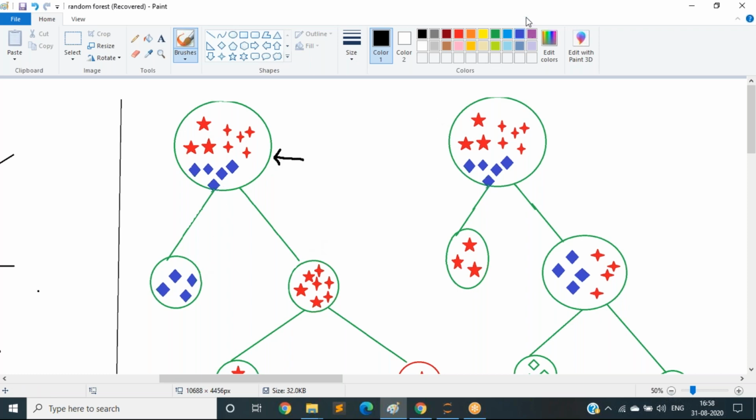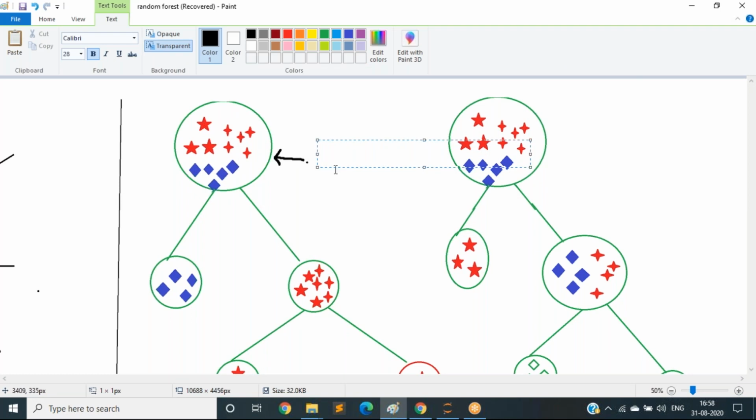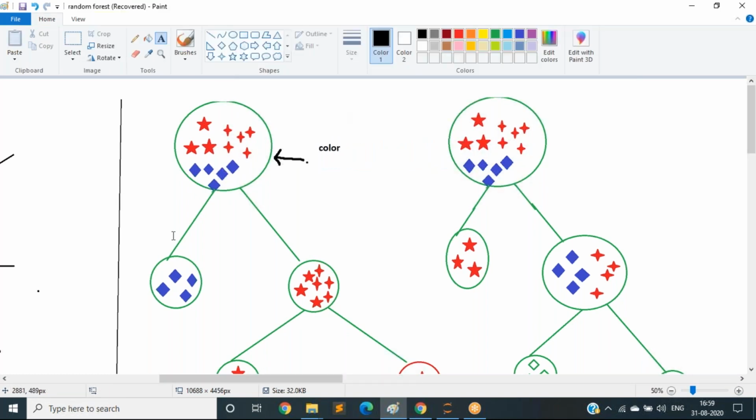Can you tell? Yes, it is color. Color might be one feature for this data set. It is splitting on the basis of color, and all the blue color will be split into one group and all the red color data into another group.